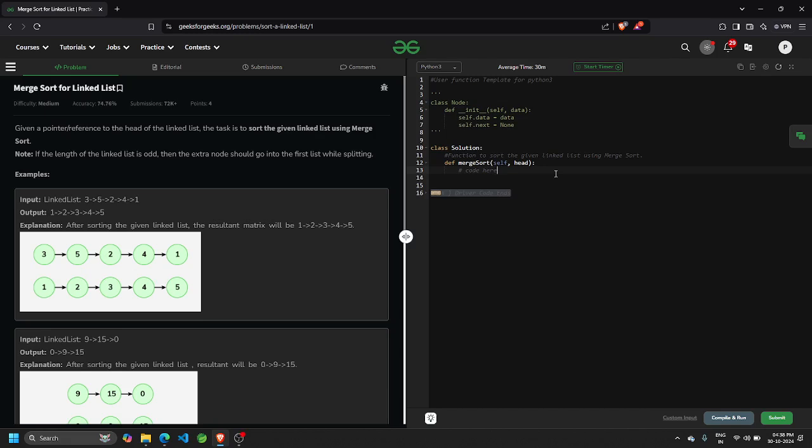Hey, welcome back. Now let us solve the problem: Merge Sort for linked list. We have done it for array and now we have to do it for linked list. So what is the question? You are given the pointer or reference to the head of the linked list and your task is to sort the linked